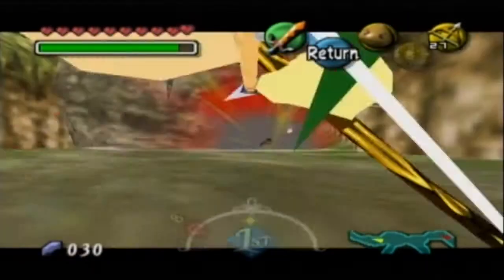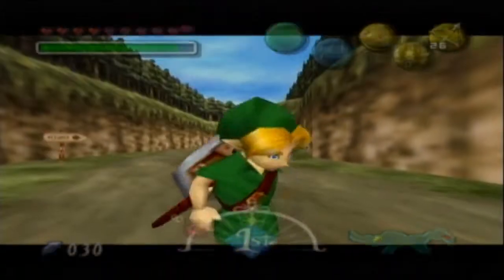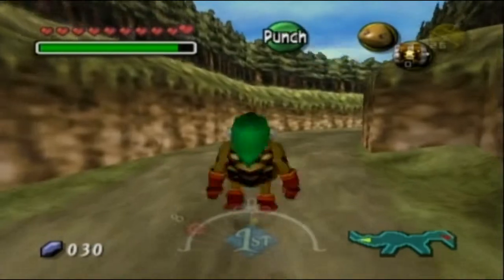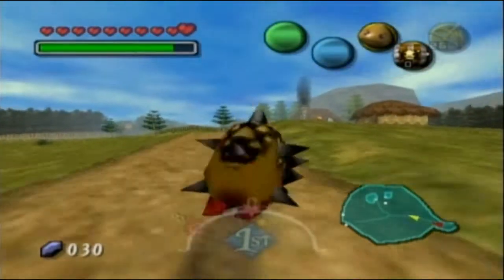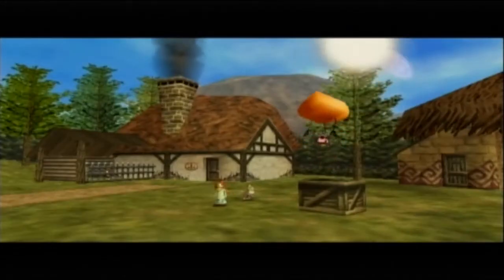So this powder keg has a much shorter life than the one we got from that big Goron, as you saw right there. I didn't even get a chance to break it with an arrow. So, if we break that rock on the first day, we can enter Romani Ranch and we find this little girl over here. Well, I guess our horse as well, but...